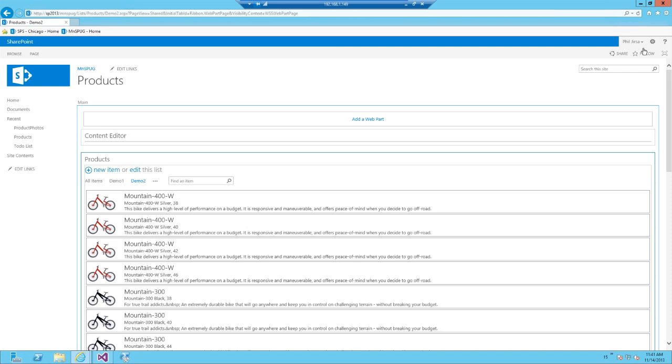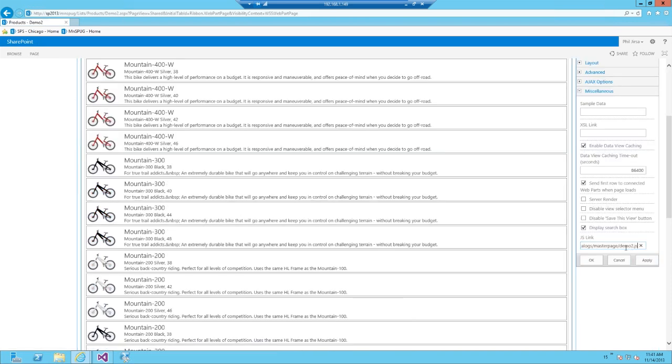is basically the location of the JavaScript file that we created. So there's that demo2.js. That's what I created over here in Visual Studio, and I just uploaded it to my master page gallery for the purposes of this demo. This is a technique that would work if you're not able to deploy. If you don't want to create a solution to deploy it as a module, or you don't want to deploy a farm solution and put it in layouts or something. Maybe you're using Rackspace's per user SharePoint environment or something like SharePoint Online, and you just have site collection admin rights. You could still upload files to your master page gallery using this technique, and then just point your JS link